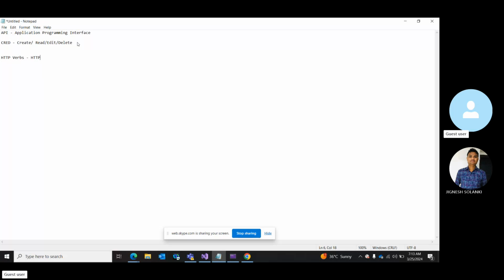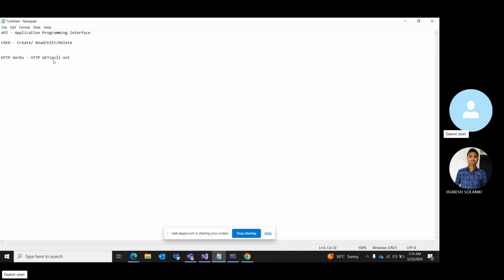HTTP get. When you want to retrieve data from the database, it's HTTP get. Basically, HTTP get means, as I told you in the search and read, you send some data as a query string itself and you search, or you don't send any data and get some data from the database. Those things will come under get. When you want to pass a model and get something, you cannot do it with get. HTTP get will not accept